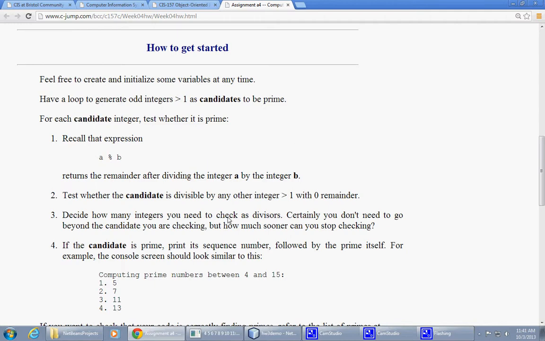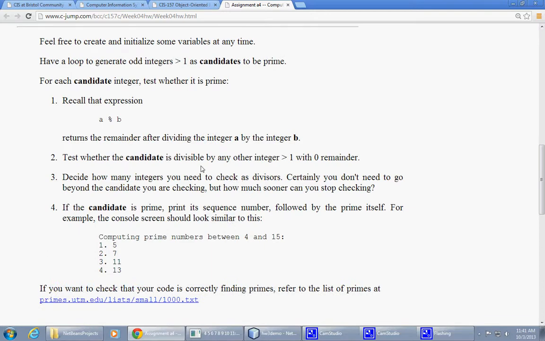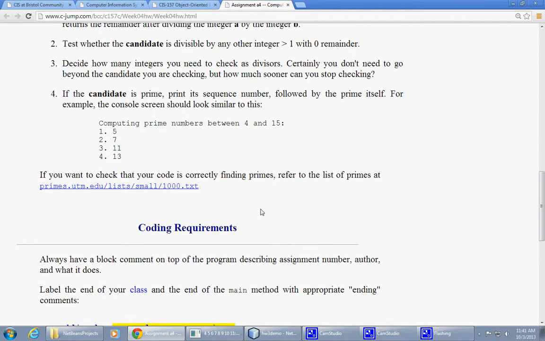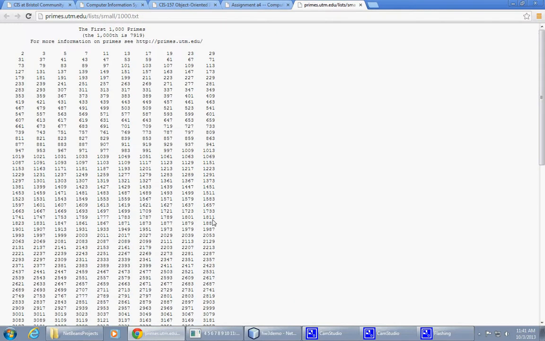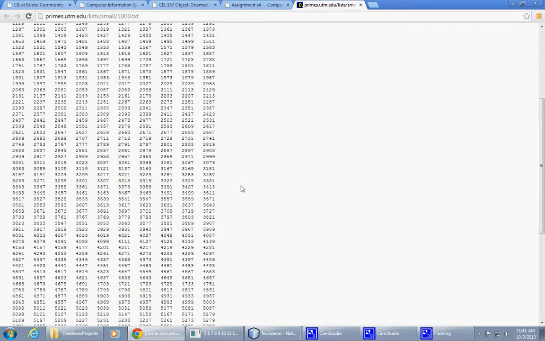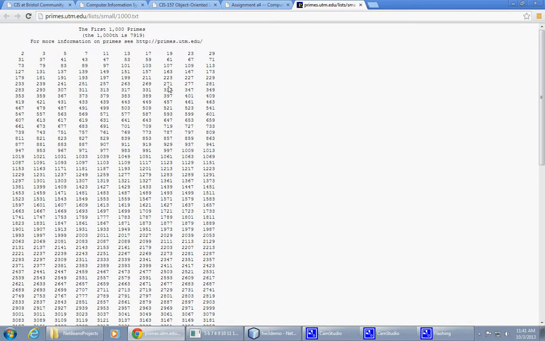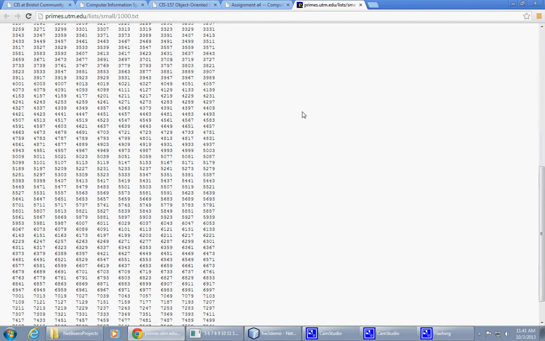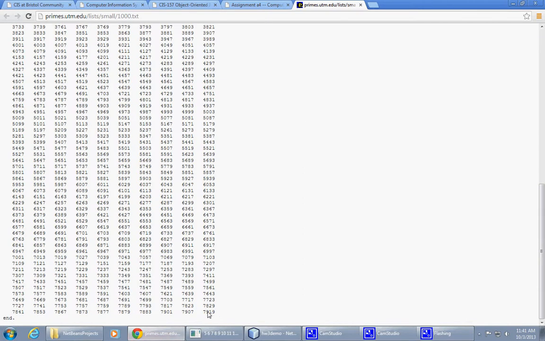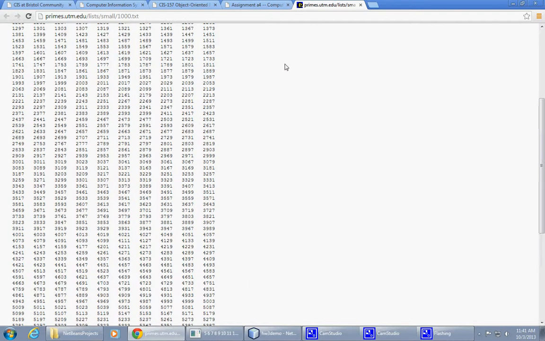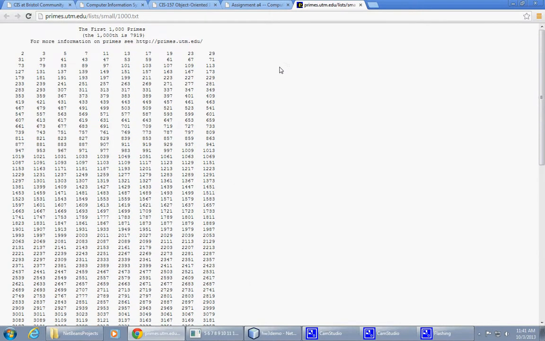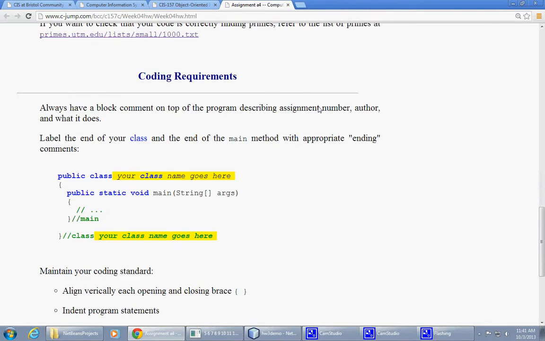And so here's the description of what to consider. Also, there's some links to some prime numbers so you can test the outcome of your program. Here's the hard-coded list, which goes up to 7,919. All right, so it's like the first 1,000 prime numbers in the first row of those. Okay,